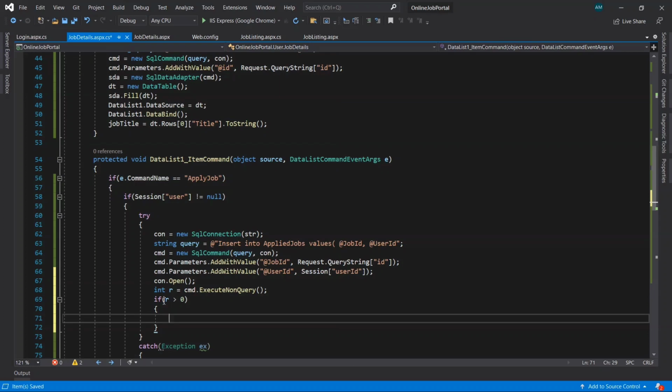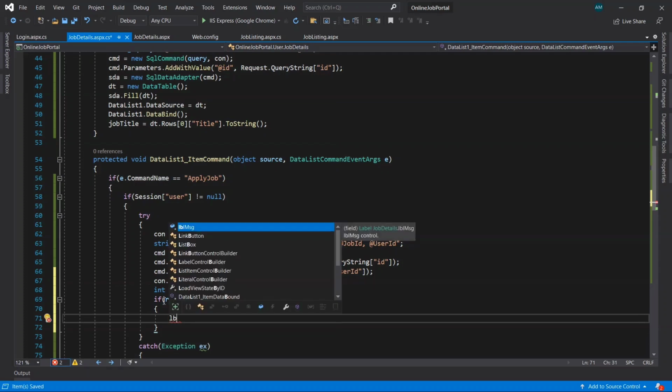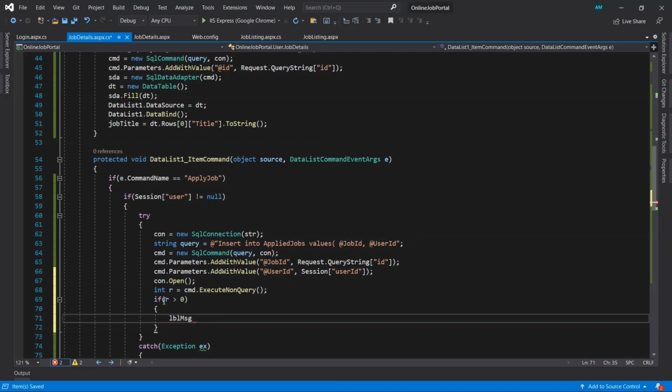Okay, so we need to display that message in the label control. We have taken the label control with the ID lblMessage, and initially we set its Visible to false. So right now we first need to set Visible to true.